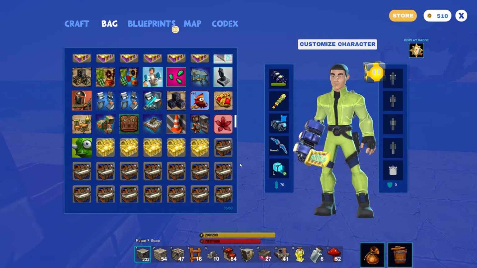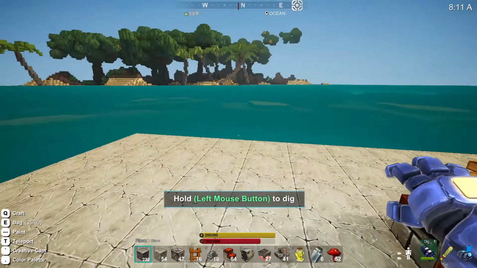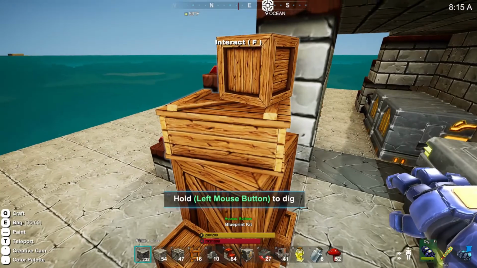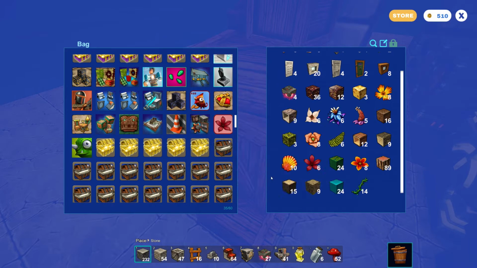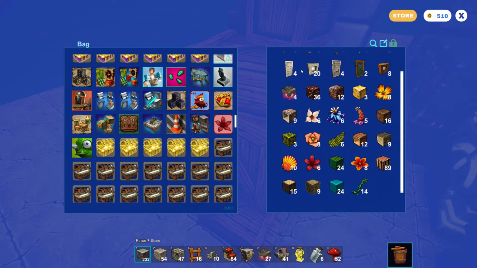So that said, let's actually start up a brand new world, and let's hope it doesn't take up too much of their space. I don't know how many people still play Creativerse. I don't see Playful themselves playing it anymore. This is a blueprint pack, something I had already opened and still have to add to my collection. So I don't know why these are all here, but